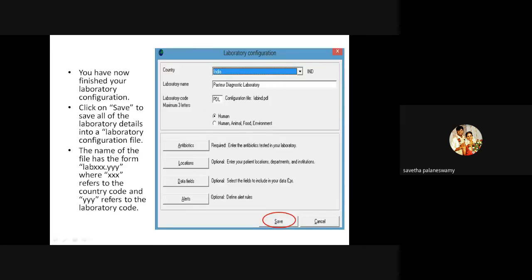After this step, you want to go into the window page, go to the WHONET icon, double click on it, and then you have to go to the file and do the data entry. That process, after data entry, will be discussed by the next speaker, Dr. Malini. She will be clearly explaining how to do the data entry and all. Okay, that's all. If any query,